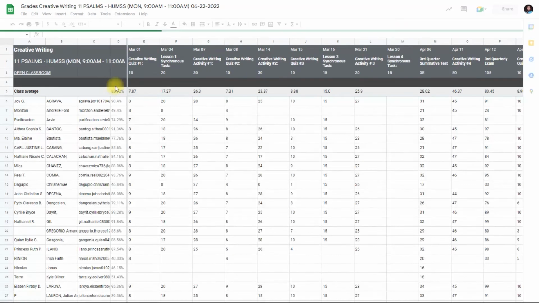And it's already loading. It's generating a Google Sheet wherein all of the grades of the students that I have returned are now being generated into a single file. The advantage of this is for recording purposes. So if you have trouble